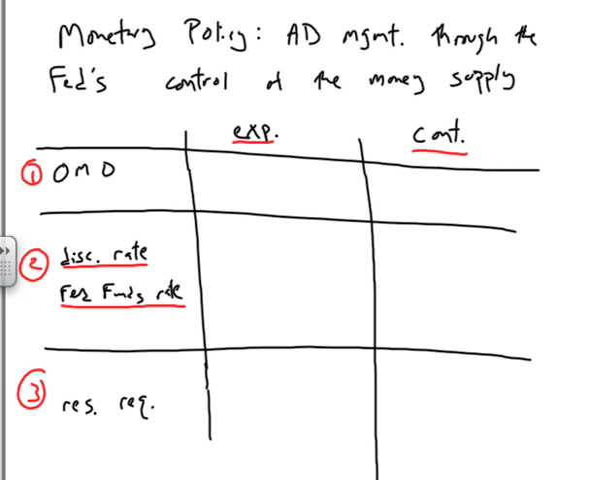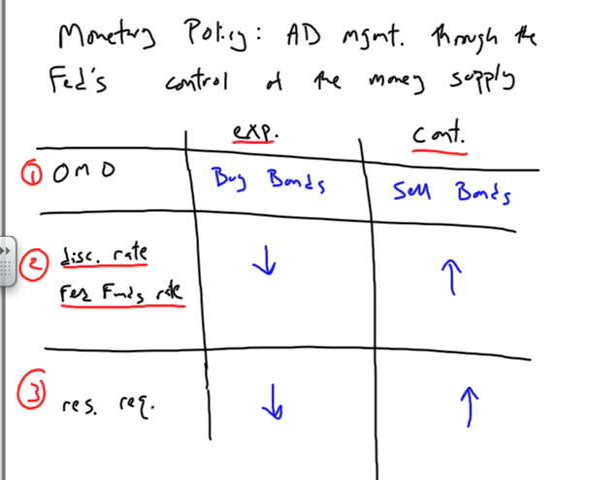So, an expansionary open market operation, that's why it's OMO, it's a lot easier to say, is the Fed buying bonds, and the Fed can contract the money supply by selling bonds. On the discount rate, it's expansionary to lower either of these rates and contractionary to raise them. And when it comes to the reserve requirement, lowering the reserve requirement is expansionary, and raising the reserve requirement is